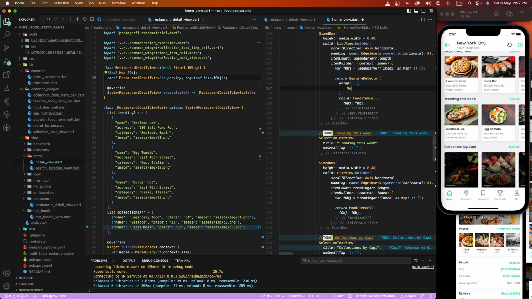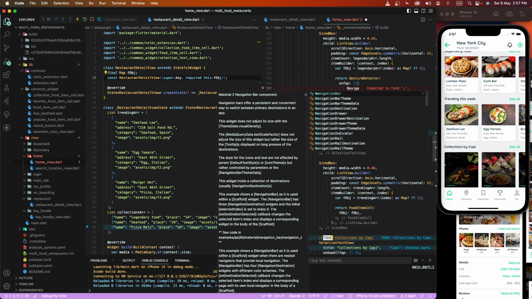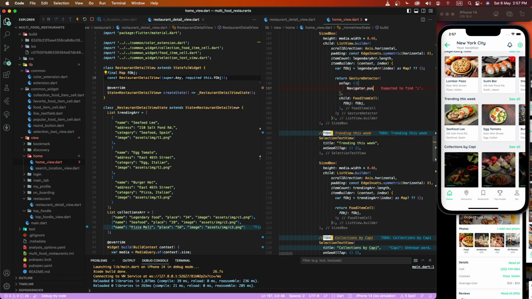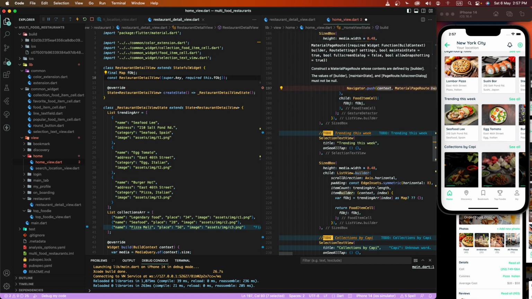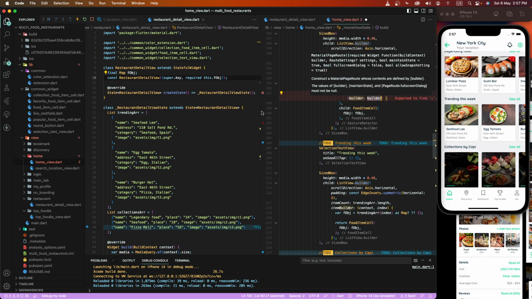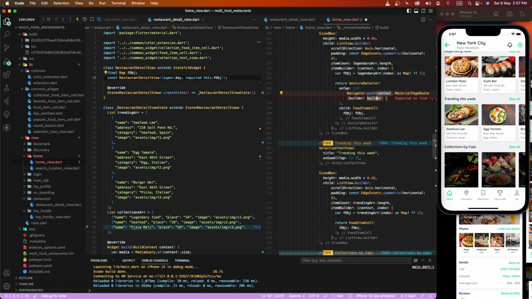set here navigator dot push, set material, set here material page route, and create here a text builder inside, get it, text. Need to give here restaurant,